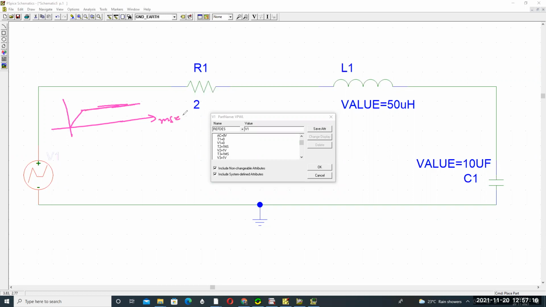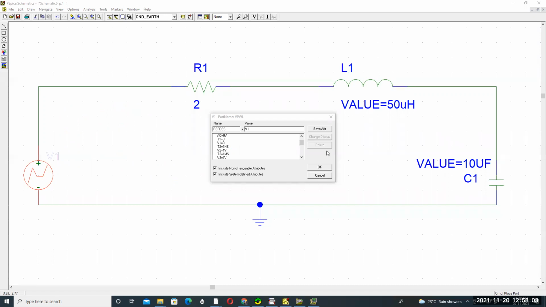Okay, this is called millisecond. This is called 0, that's why T1 V1 is 0, and this is called 1 ns, and then this is called 1 volt. So that means 1 ns, 1 volt. That's called T2 V2. So T2 is 1 ns and V2 is 1 volt like this, and then finally 1 millisecond. That is called T3, 1 millisecond, and V3 is called 1 volt. Always 1 volt, voltage is the same. Like this, this source is defined.